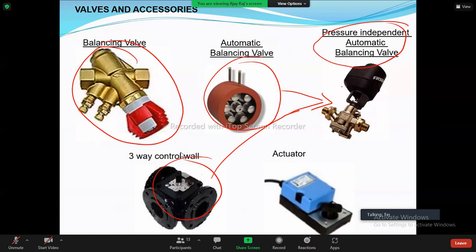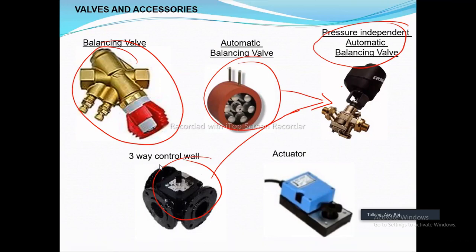Sir, anybody? At the junction where we need to bifurcate the flow. Basically, for your AHUs, we don't have any control valve at your chillers because the chiller cools your water. So we don't have any control valve there. But for every AHU, we'll have a control valve. It will be either a two-way valve or a three-way valve.